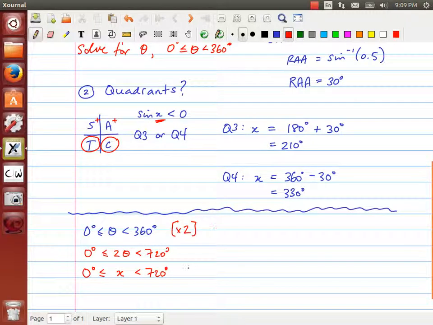So that's basically what these two lines are saying: I need to consider additional coterminal angles